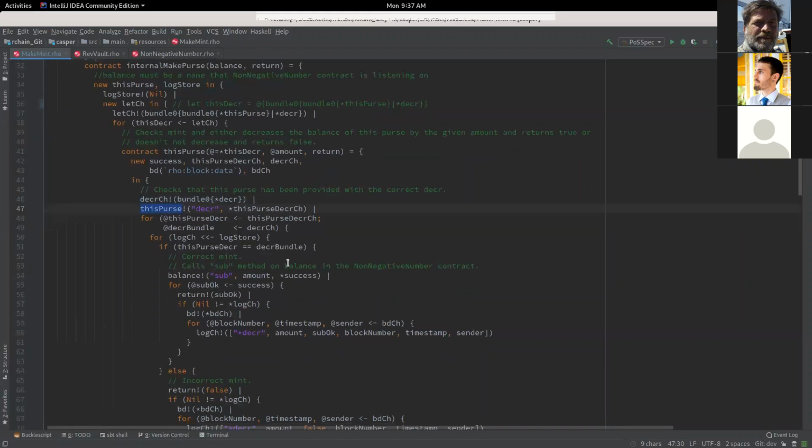And then what we do is we say, hey, I returned the decrease name for this purse. That's the output of this guy. I returned it on this name, and the output for this for whatever reason I called it Decker bundle.